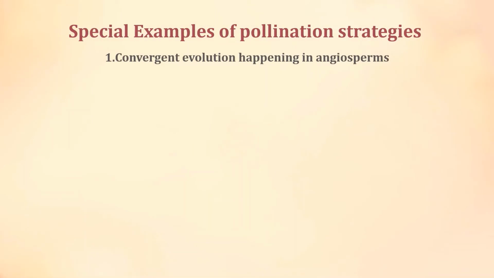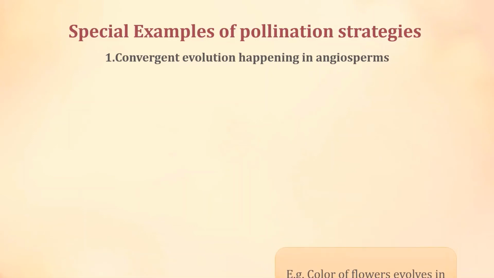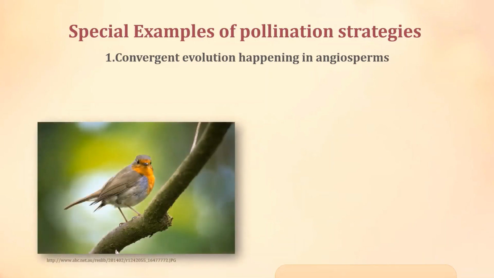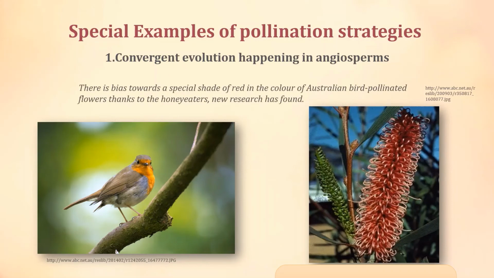Convergent evolution in angiosperms occurs when plants that share the same kind of pollinator have evolved to share similar characteristics. For example, flower color evolves in response to the visual system preferences of pollinators. To be specific, pollinators like birds are biased toward those angiosperms which display their favorite colors. After a certain period, the flowers developed into particular colors in order to attract birds. A common example is the bias towards a special shade of red in the color of Australian bird-pollinated